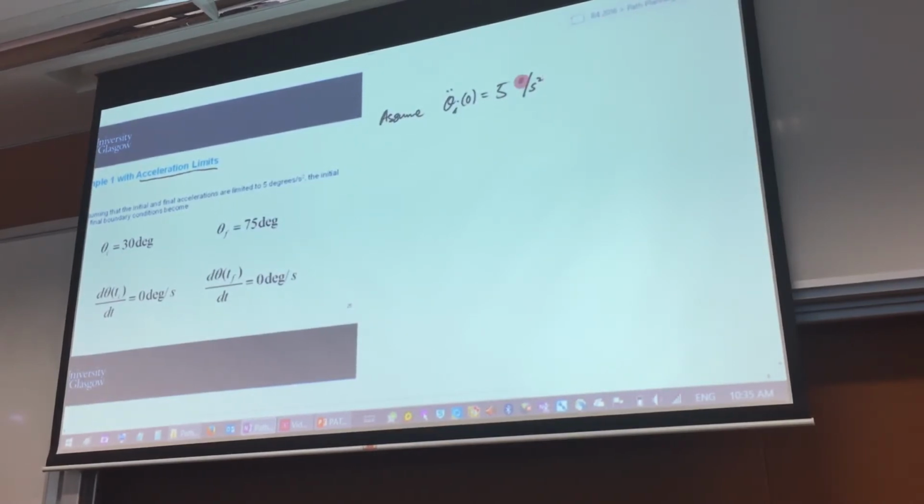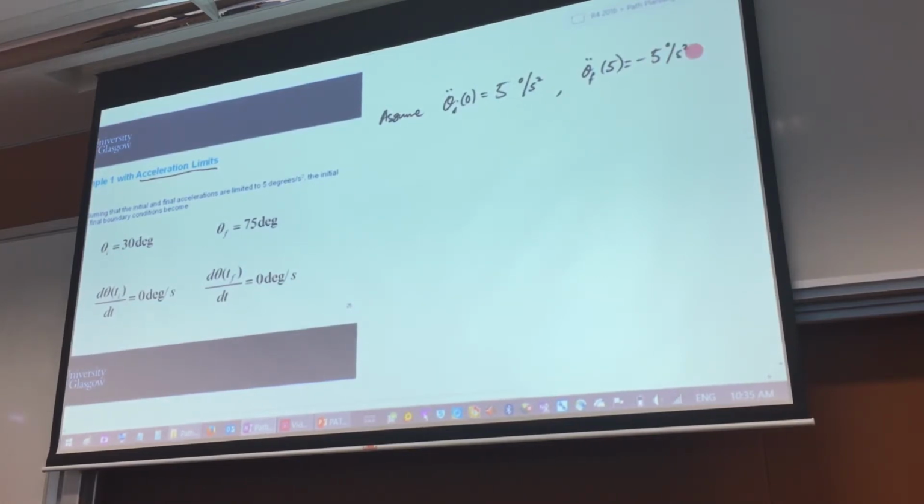It can be degrees or it can be radians. Just now I was using radian. Probably I should use degrees per second here for the velocity. And for the final one, after 5 seconds, I'll say that it has 5 degrees per second, minus 5